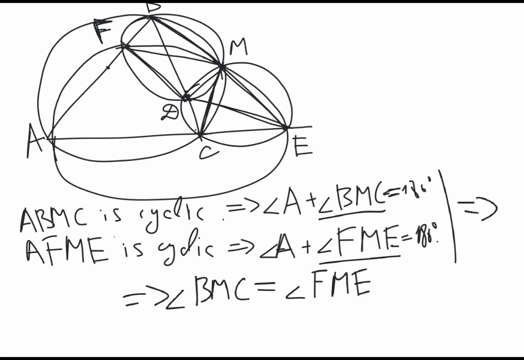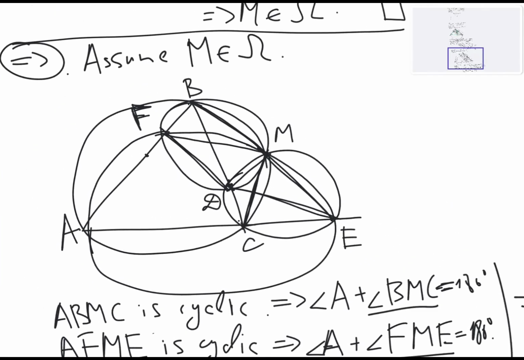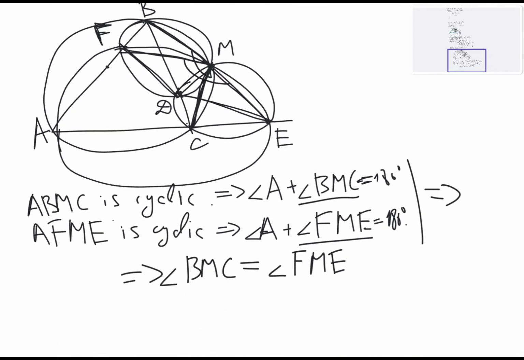BMC is this angle and FME is this angle. Now they have the common angle FMC. So if we subtract FMC from both of them,